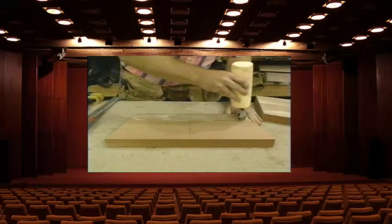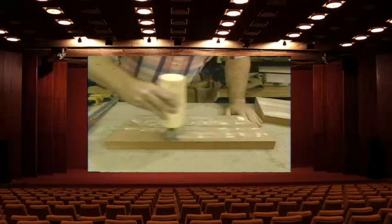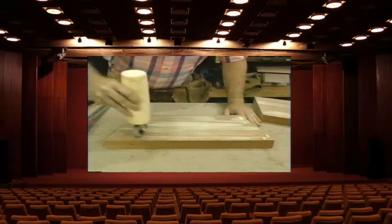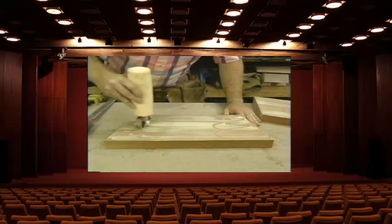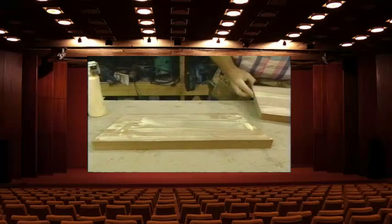Now I'm starting with the top center piece of the arch. You could call it the keystone. And I simply roll on a nice even coat of this 1-part waterproof glue, making sure to get every bit covered. Now you'll notice that there's a center line right in the middle of the piece, and what I want